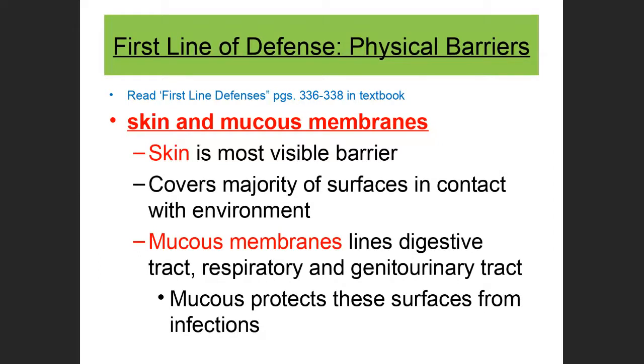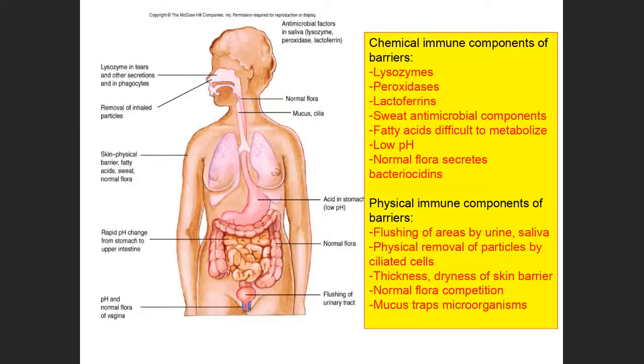Barriers, again, skin is the most important barrier, is the number one line of defense. Mucous membranes, especially those that line the digestive tract, genitourinary tract, and respiratory tract, are also protected. The features that make these barriers protected are sometimes physical and sometimes chemical in nature. Chemical immune components of the barriers will be things like enzymes called lysozymes, which rupture the peptidoglycan of bacteria, and peroxidases, which again are going to shut down